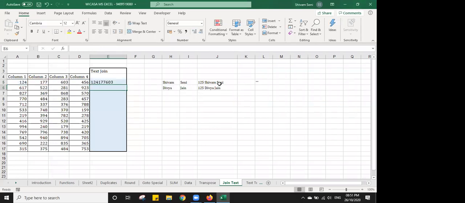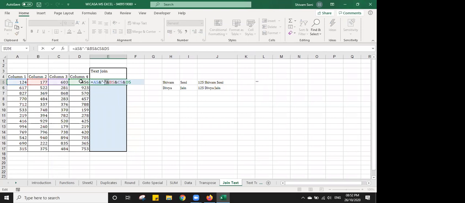Now you can see all my four numbers have been joined. If I want to keep a separator, a dash for every one, I can use double quotation mark dash, double quotation mark AND. Now you can see 124 dash 147.